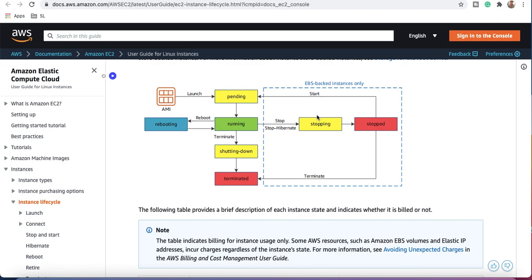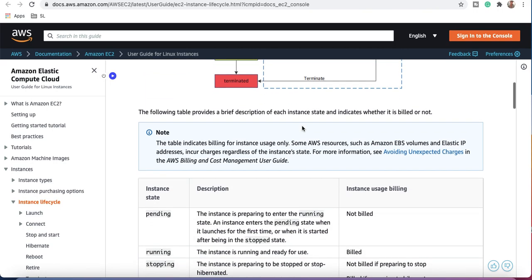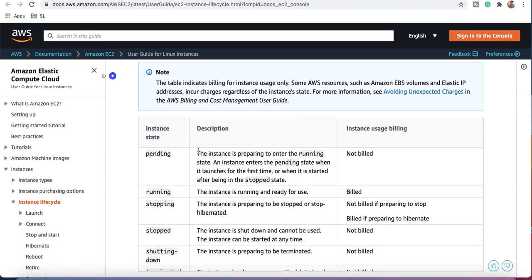Apart from that, when we were talking about the component known as the elastic IP, if you associated an elastic IP address with your EC2 machine and you stopped that machine, in that case you will be charged for that elastic IP address. But as soon as you start that instance once again, the elastic IP address will not be charged, but definitely the charges for CPU and RAM will start occurring in your account.